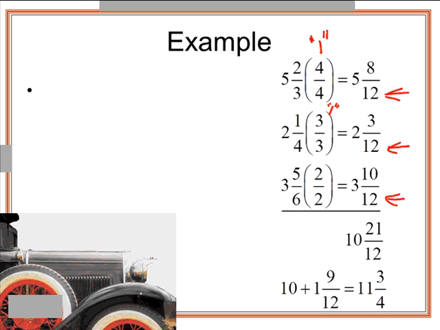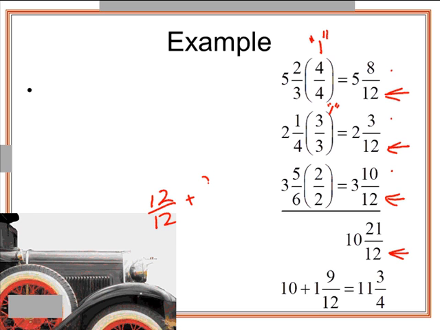Now we're able to add, and we end up with 10 and 21/12. Notice you only add the numerators, you keep the denominator as 12ths. That's the size of the pizza. I've got 21 that are the size of 12ths. But 21/12 sounds kind of funny. 21/12, that's 12 twelfths